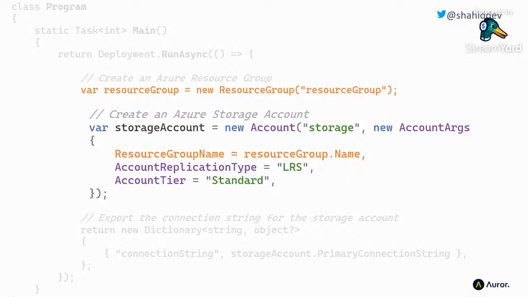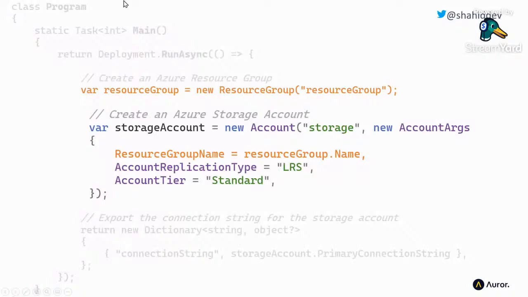So if I type out that name, I would get a compiler error. It wouldn't compile because that's not valid. That name is coming from the property of the resource group object up here. So once I have that, that's just a storage account. Let's quickly jump back to that second. So that's how many lines of code it is to create a resource group and a storage account in the most basic sense for the actual resources.